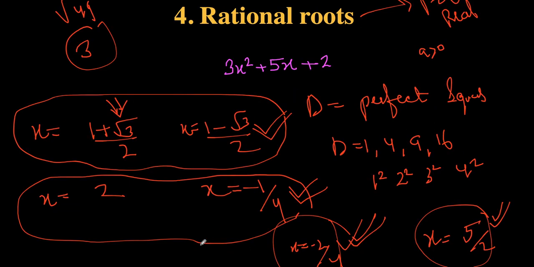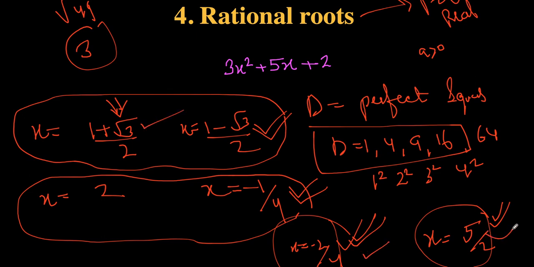Now if you have a rational root, it means that your d is a perfect square. So your d will be like 1, 4, 9, 16, 64, something like that. If you are getting something like that, then you will get rational roots. And hope you understand the difference between rational and real. Real is everything. It takes the surds, natural numbers, integers, whole numbers, everything. But rational numbers always take fractions, either negative or positive, including 0 also. So that's all for this session.